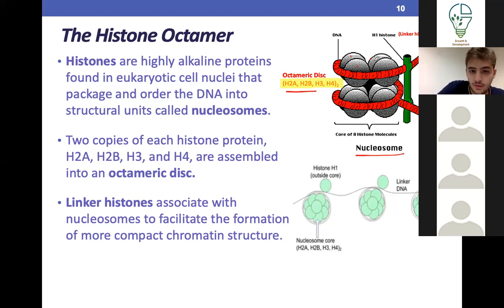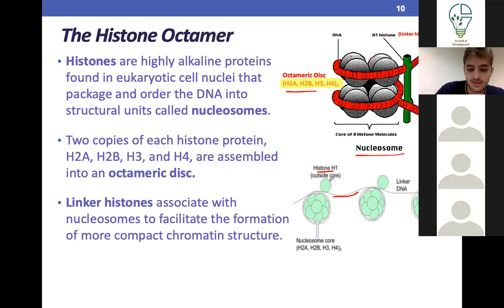Now that you're oriented with the structure, let's make it even more complicated. Let's say each nucleosome is connected by something called linker DNA. And in the linker DNA, you can find H1 histones. Now, when DNA wraps around H1 histones, you get less transcription. I don't want you to get confused, but I want you to get oriented. So when I tell you what an octamer is, you tell me it's H2A, H2B, H3, and H4. These are all proteins, okay? And there are 2 of each. If I tell you H1, you tell me it's found in the linker DNA between nucleosomes. So that's a very important orientation. And I'm not telling you to memorize this, I'm just telling you to be oriented.